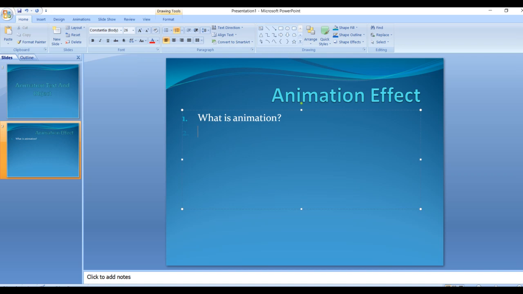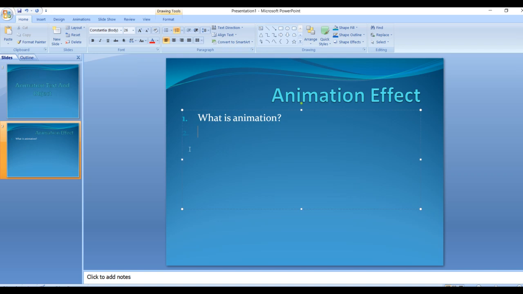We can animate the text or object in a presentation by applying a sound effect or visual effect including movements. Animation is very helpful when we wish to focus on important points. So suppose I want to focus on a few important points. We are going to start with the animation now.